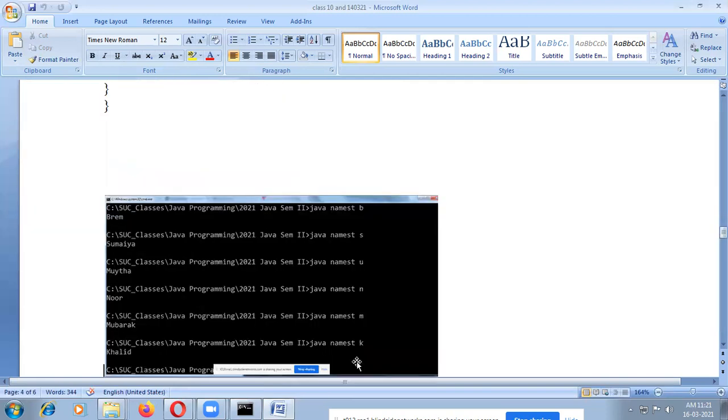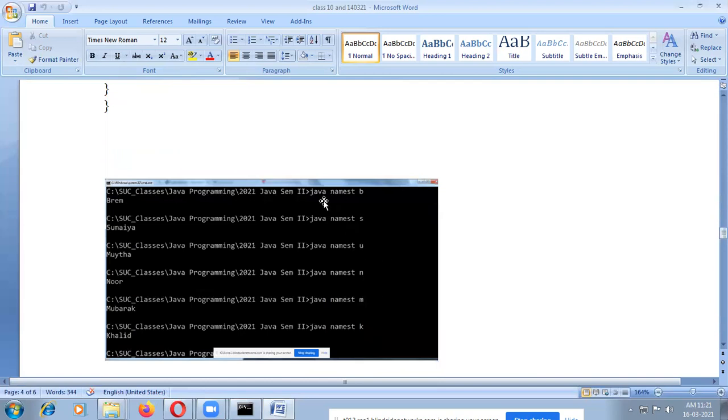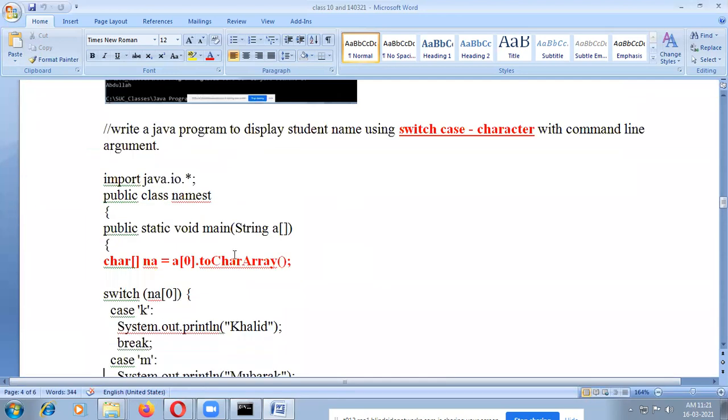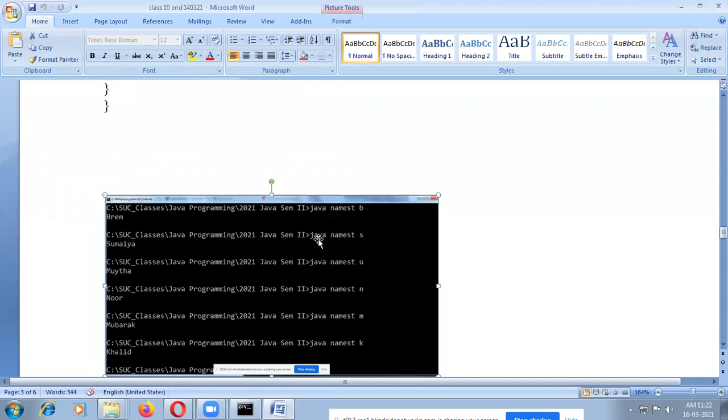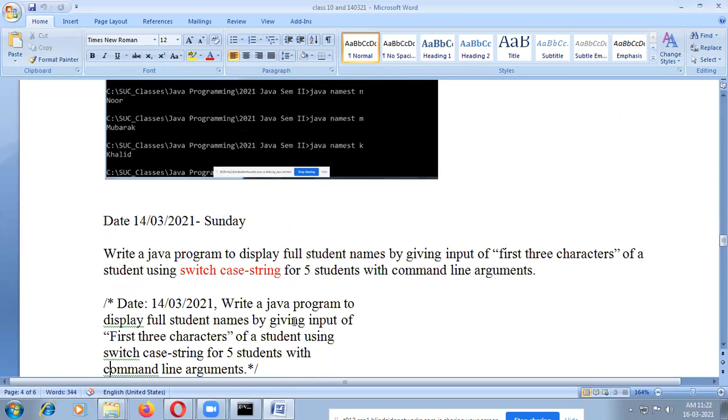U, Mayuta will print. This is the output. Here, java, name of the class. What is the name of the class? The name of the class is st. Java name st space yes. Yes means Jumaya will print. Mayuda, Noor, Khalid. This is for name string.